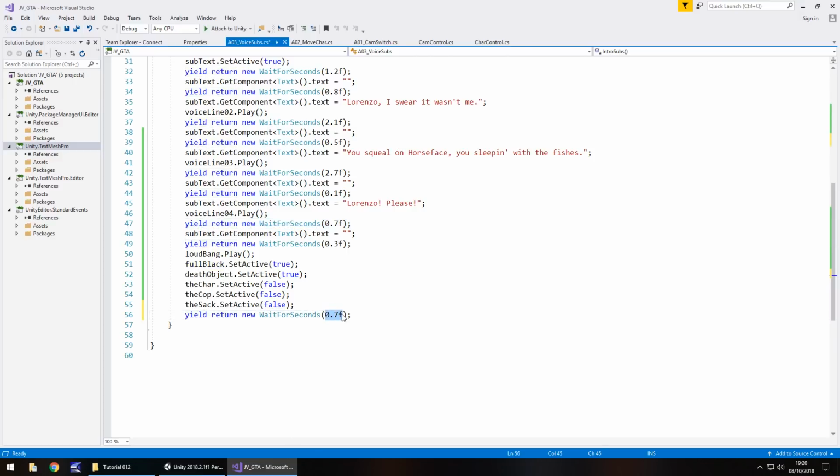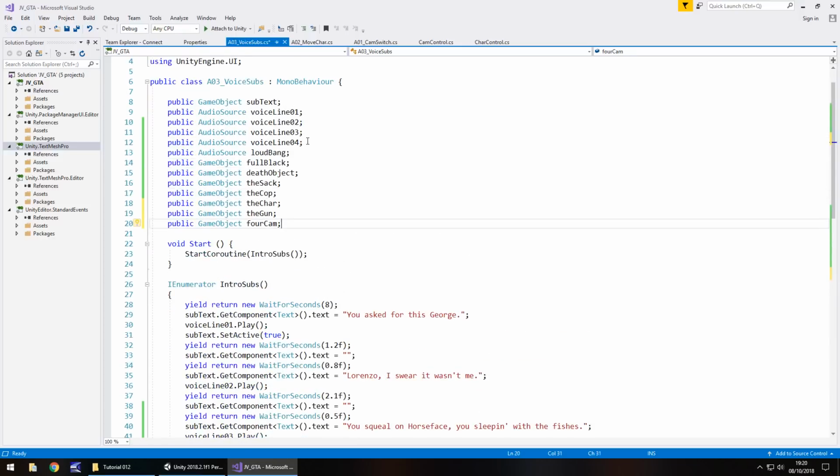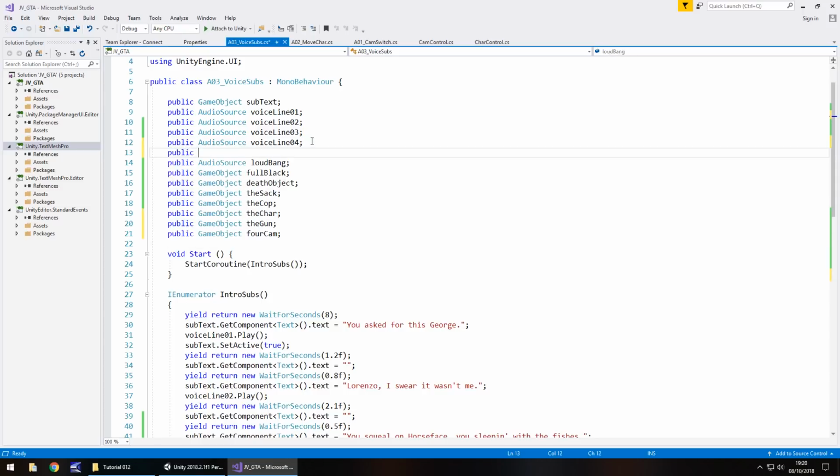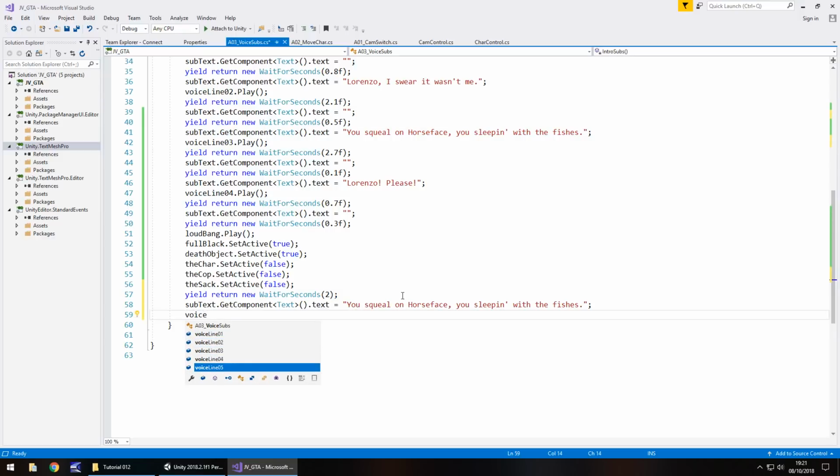So let's wait for 2 seconds. And after that 2 seconds, we're going to have the next line. It's quite a long line, so we're going to see how this pans out. So let's add in the voice line 5: public AudioSource voiceLine05; And at this point, what we need to do is start playing the actual subtitles and the audio. So I'm going to copy that over there and just have voiceLine05.Play();